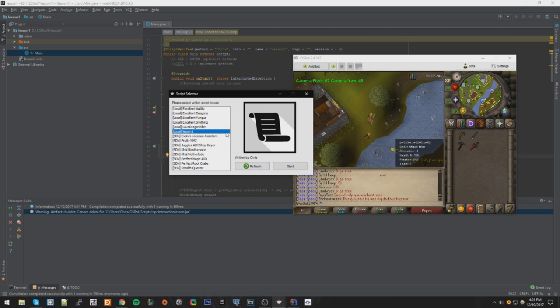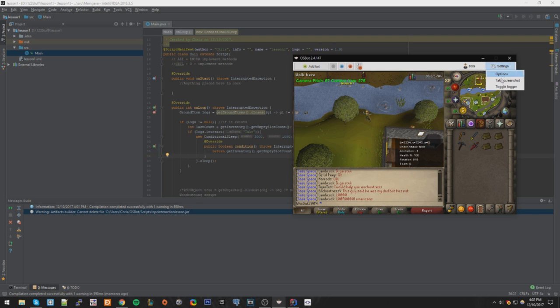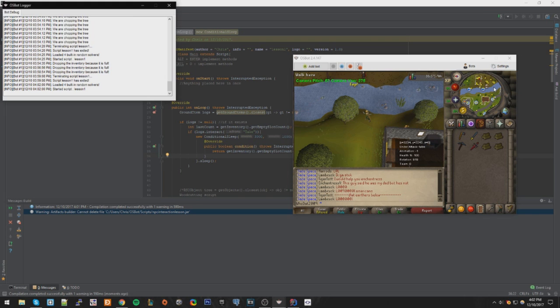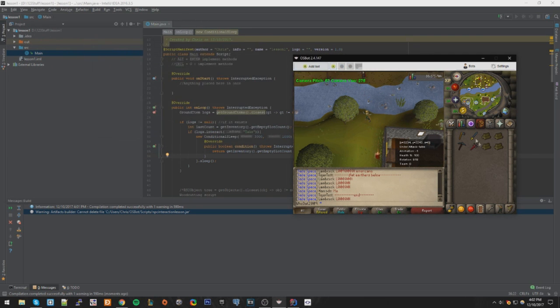Refresh. And now you see that we're clicking the items until there's no more logs on the ground. So now there's no items available. So what I can do now is drop them again, and this is how you would pick up ground items